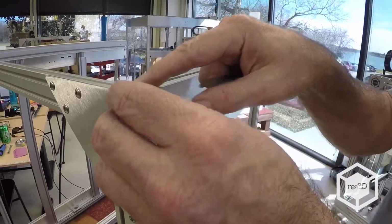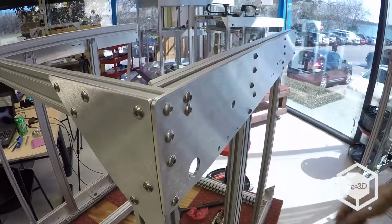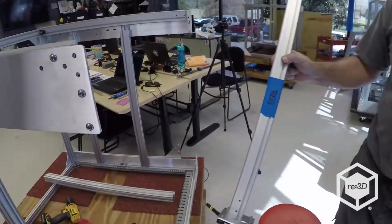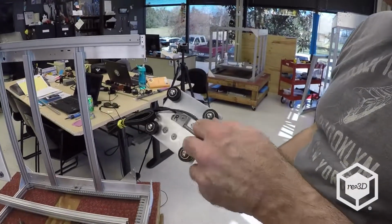So right now I'm not worried about any kind of spacing or being flush here. I'm going to do that later. So now I want to install my pre-assembled bridge assembly. So here's a bridge assembly. It's all pre-assembled with the Y belts,